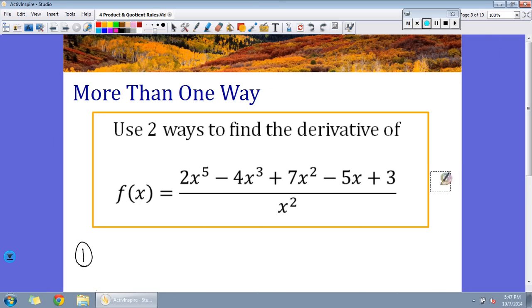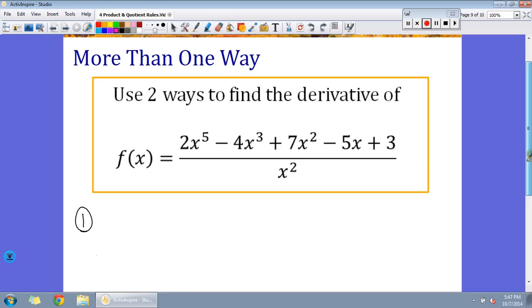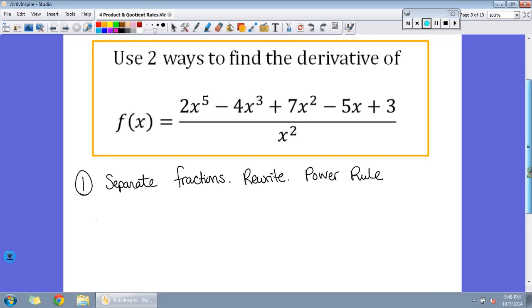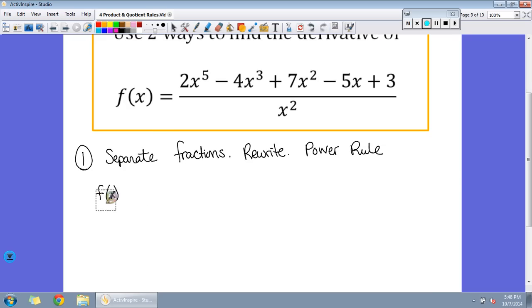And for our last problem, for the more than one way, we're going to look at two ways to take the derivative of a complex fraction. The first way we're going to do is separate the fractions and then rewrite and then use the power rule. So my f of x is going to be